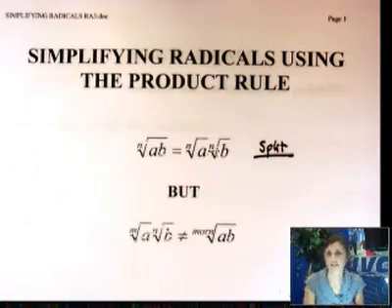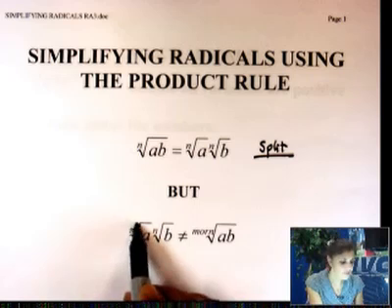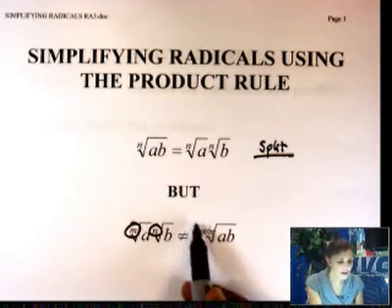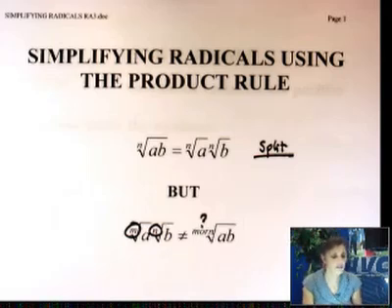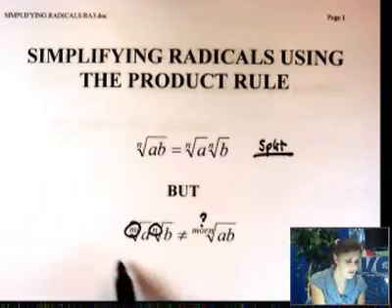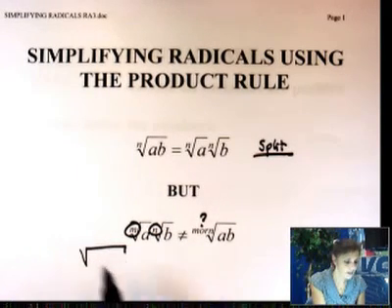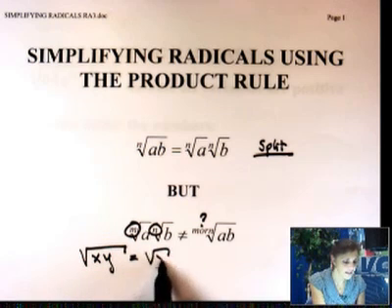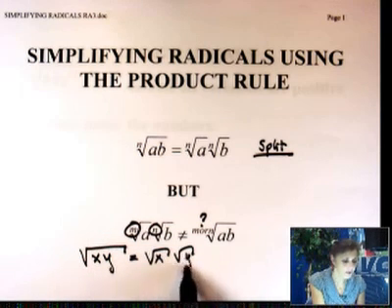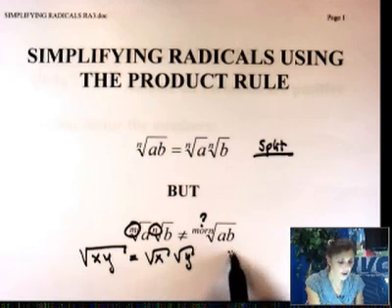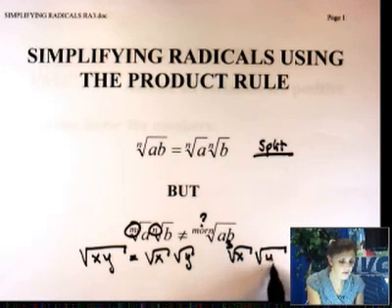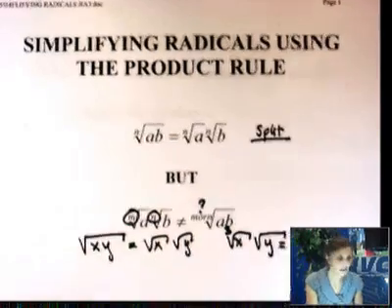Okay, here's a catch. If you have different indices, you cannot split them and then try to figure out what the heck that is. So in other words, you can do this. Let's say x, y. You can split it, x and y. But if you have, let's say, cube root and then square root, you cannot